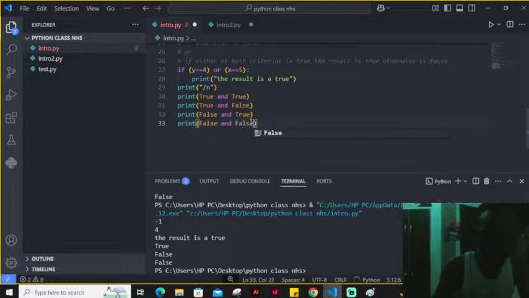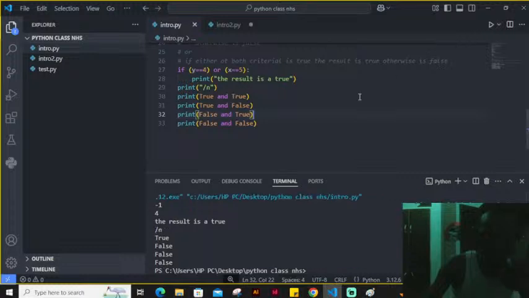False. False and false is what? False. I believe we understand the concept now. So if I duplicate all of this,